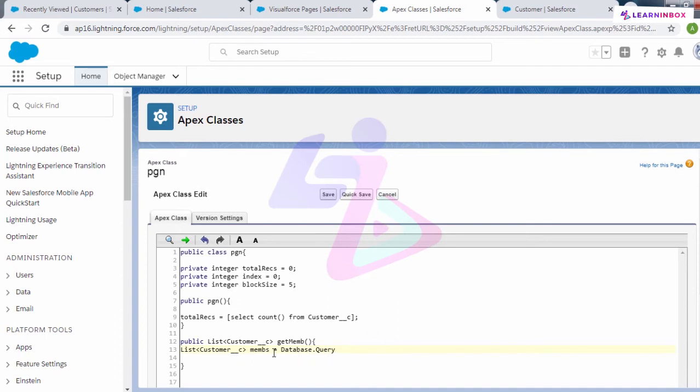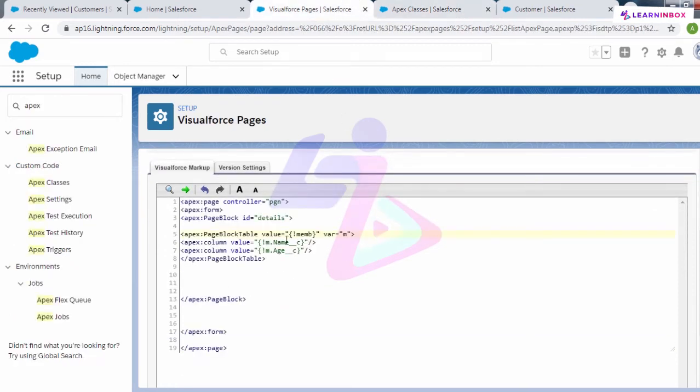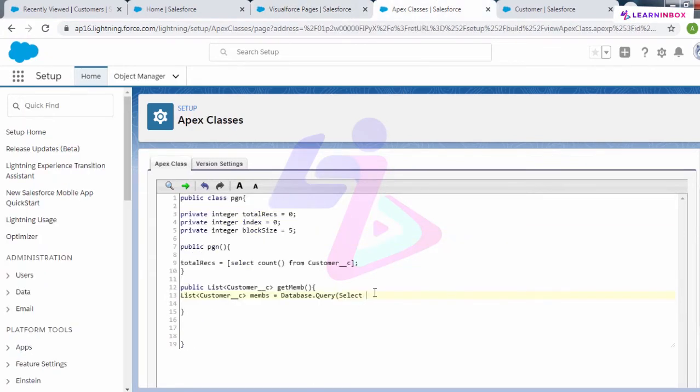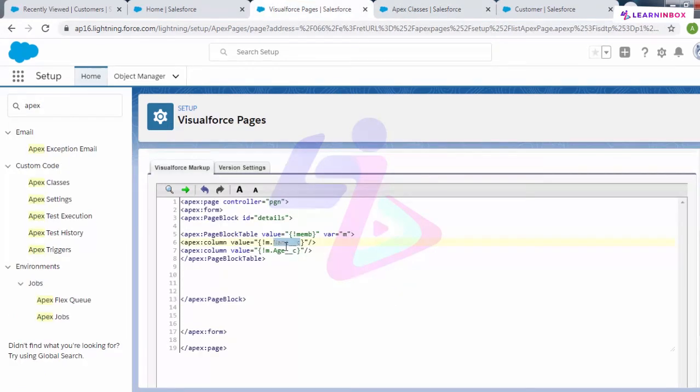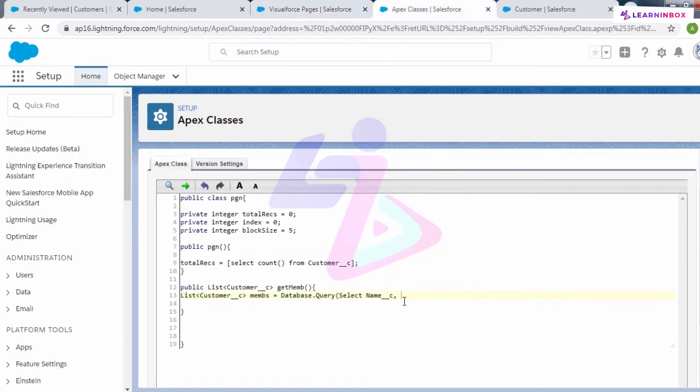First understand what database.query is. In database.query, we use a specific query. Select name, I'll copy the name API from here. Select name, comma, age, from the customer.